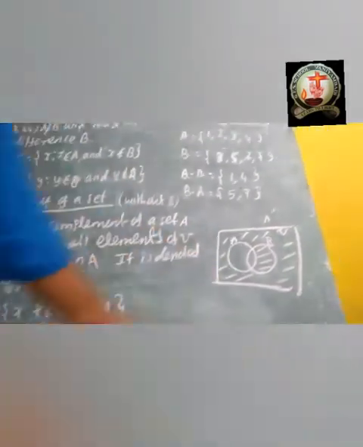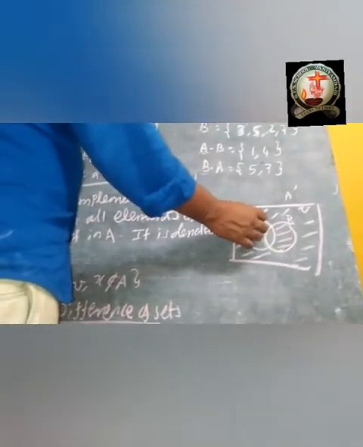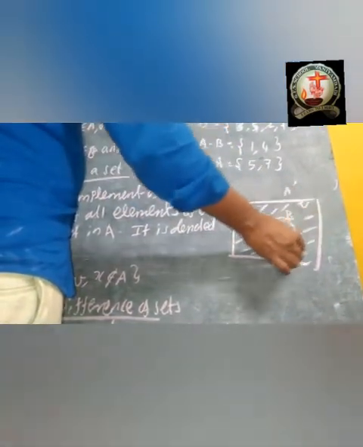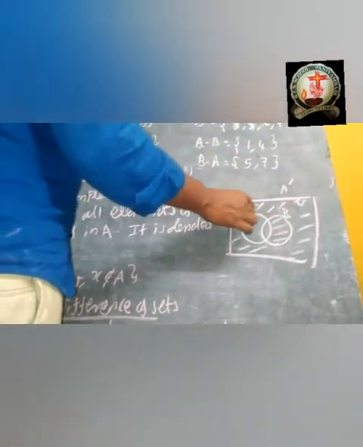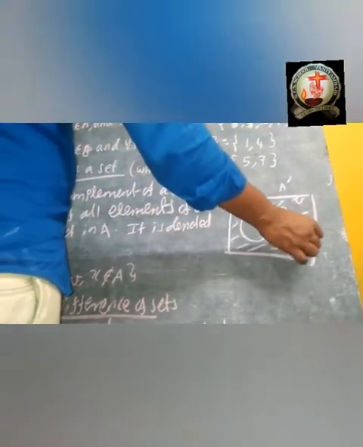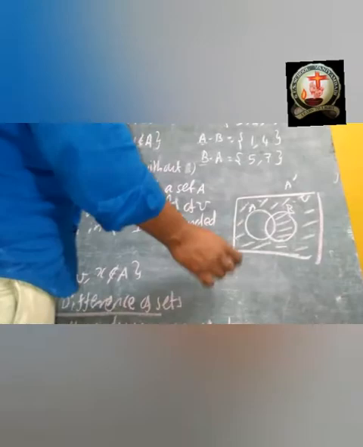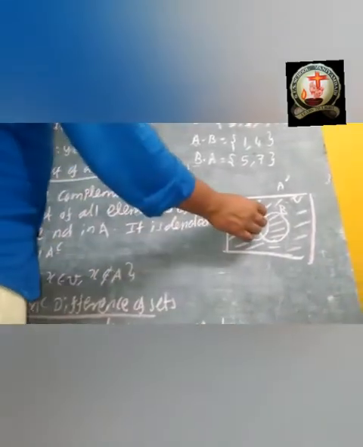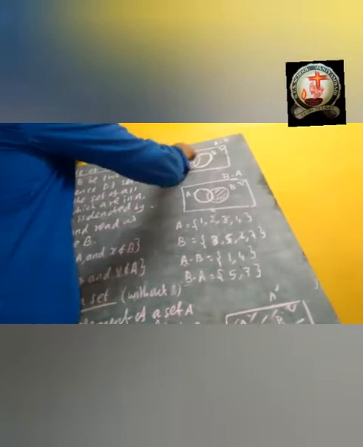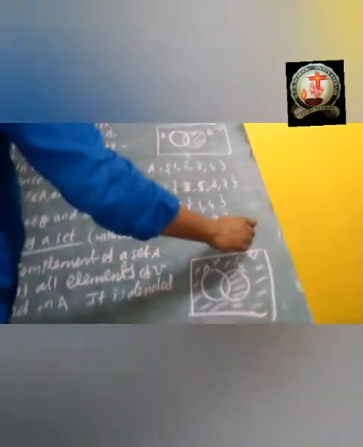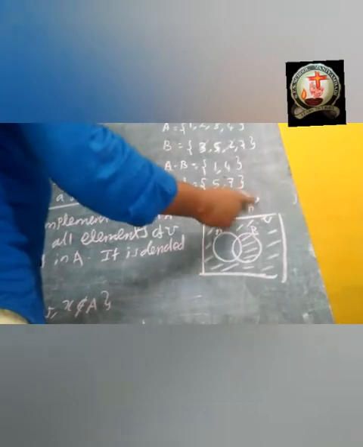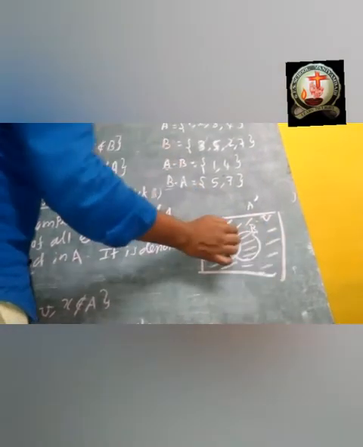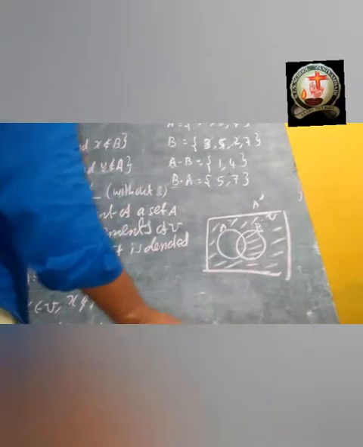See here, one Venn diagram I have given. Without A, the circle we should not consider fully, but the remaining everything you have to consider. While coming to dash, if you are seeing dash, first you shade the outside part. That is dash. So A dash. Here we are not removing the outside part because this is difference. Difference means only inside you have to consider. Dash means you have to consider outside also, without A. In case of B dash, this B fully we have to remove, only A plus outside you have to take. Okay, this is B dash.